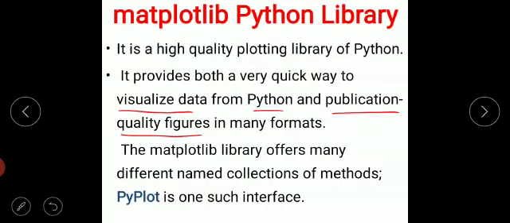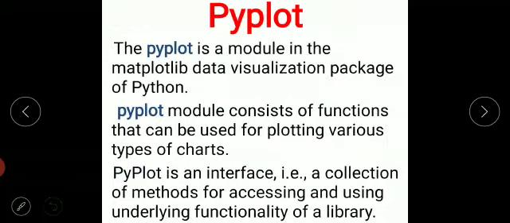It can be any range, or it can be any ND array, it can be a data frame, it can be a series, any type of data we can use to convert it into the form of various types of charts. The Matplotlib library offers many different named collections of methods. pyplot is one such interface.